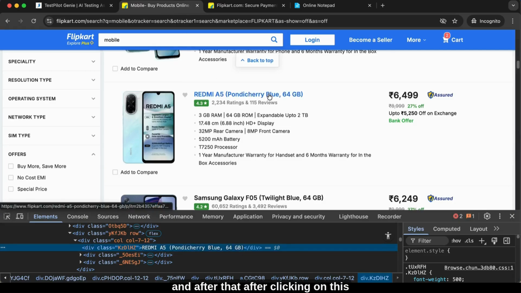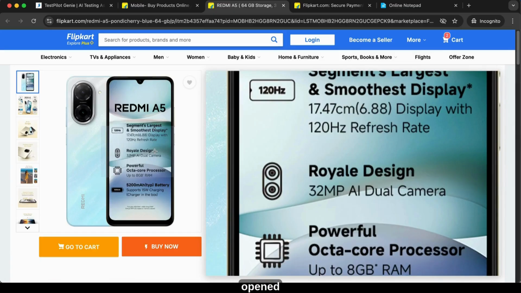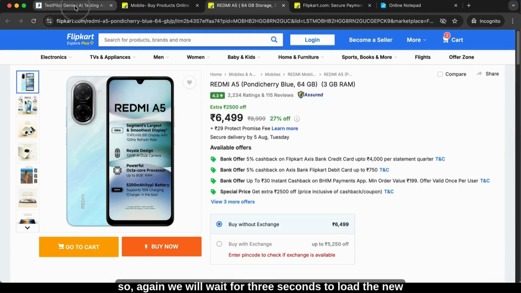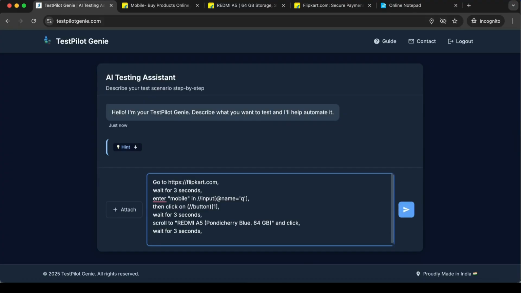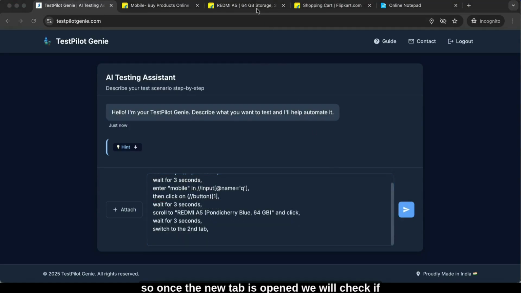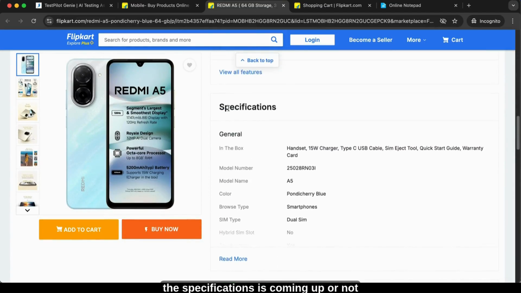And after that, after clicking on this, you can see a new tab is getting opened. So again, we will wait for 3 seconds to load the new tab, and then we will ask the AI to switch to the second tab. So once the new tab is opened, we will check if the specifications is coming up or not. So we'll simply say